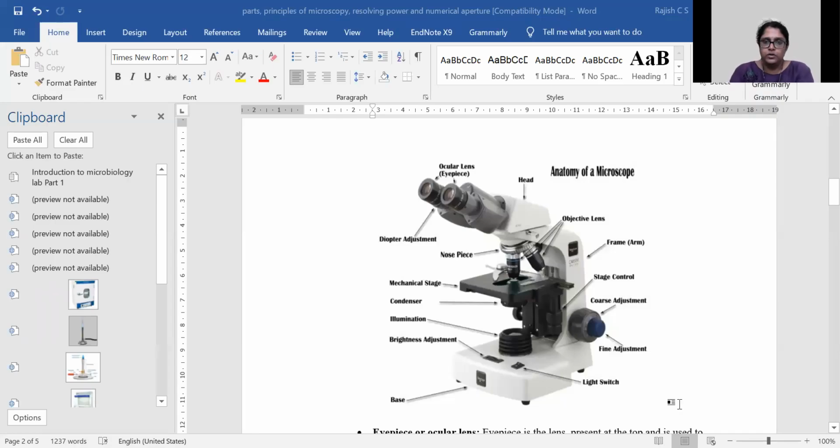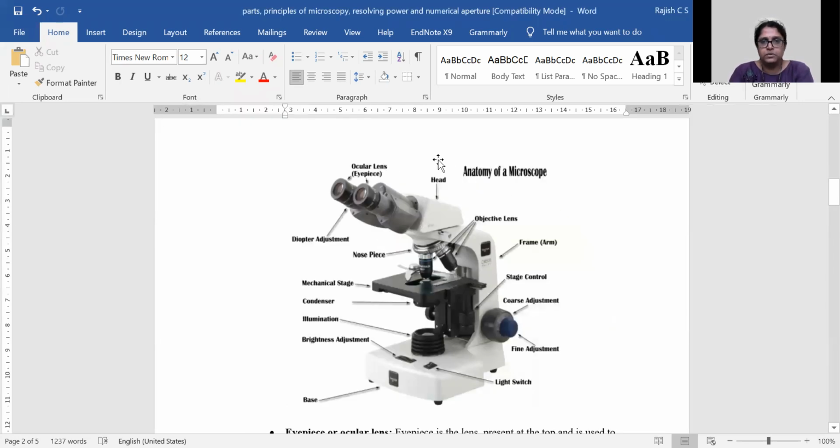So I will show you the various parts of a microscope. This is a basic compound microscope, and in this microscope there is the eyepiece, that is the lens through which you will be seeing. An eyepiece in a compound microscope is normally of 10x magnification.